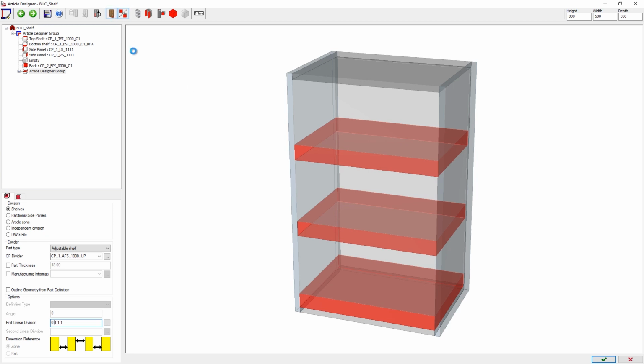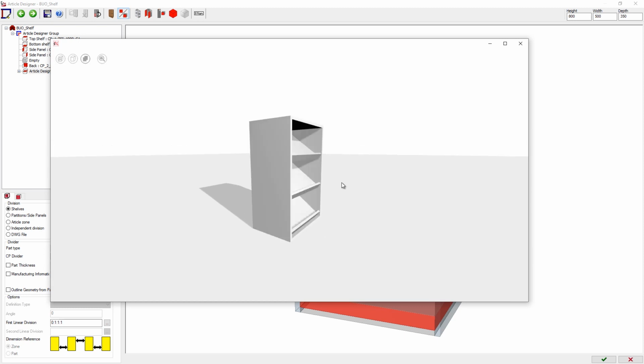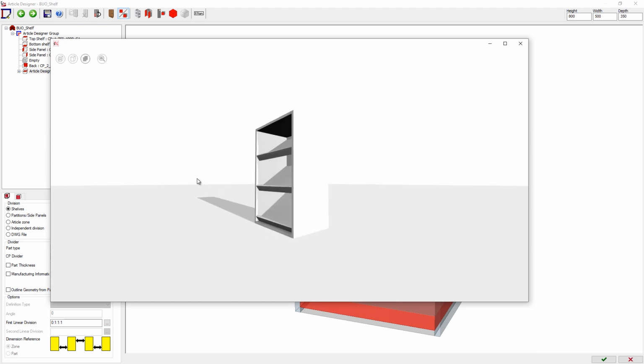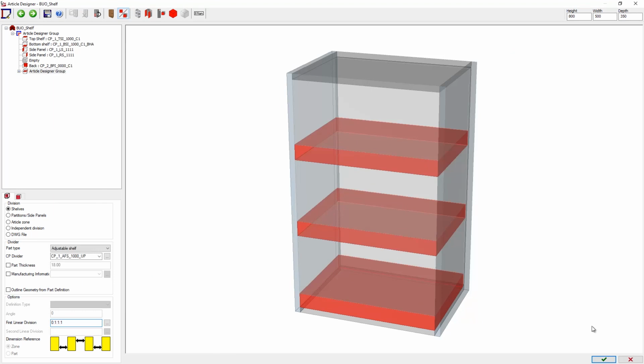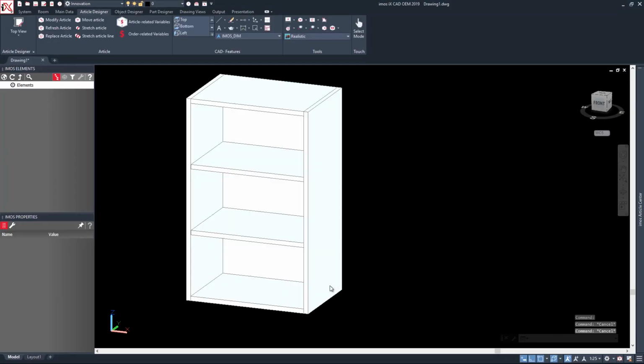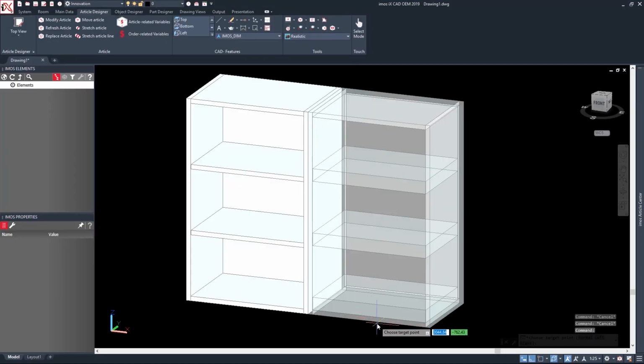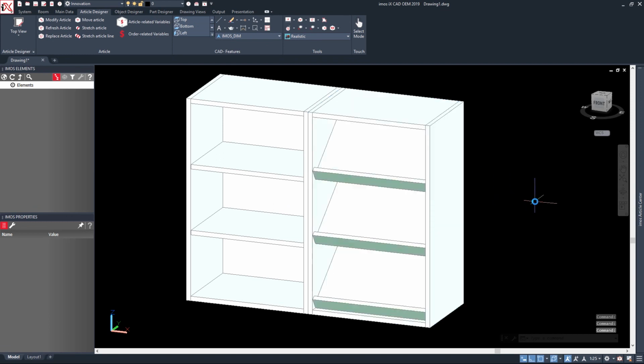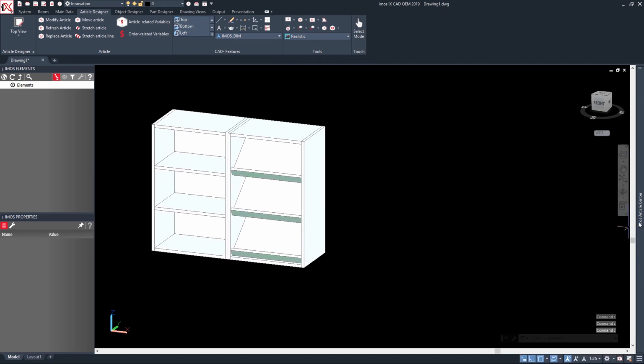And if I visualize this, we can see that the shelf is going to be brought in using the default settings to angle it. Okay, this looks good. And what I'll do now is just save this, but instead of saving over, I will save with a new name. And then click tick. I can then put this product next to it and carry on. So the next step would be